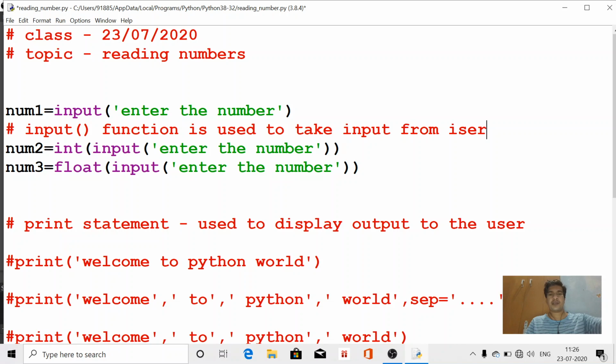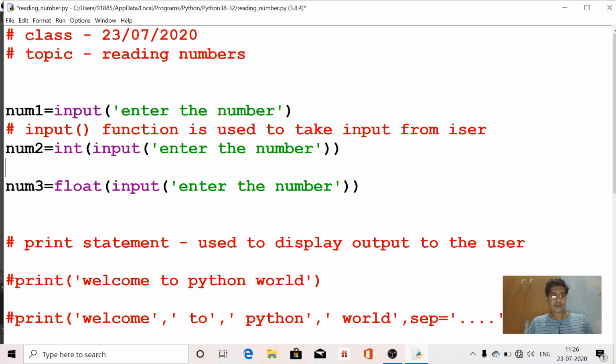Input from user. Now we are going to check the output for this. In your next line here